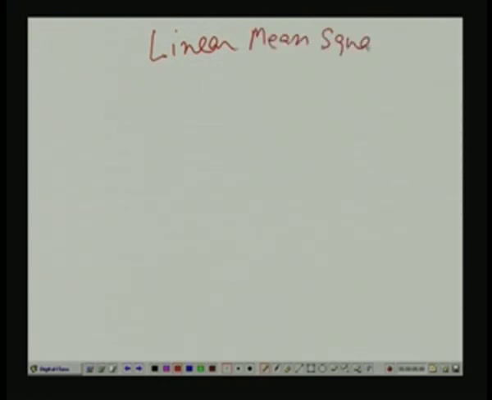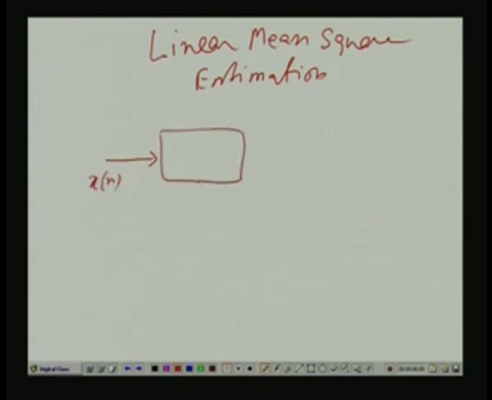Here for simplicity, I will consider only the real valued signal case, and then I will give you the result for the complex valued case, but I will not derive them. Here again I will be considering only FIR filtering, not IIR, because that is more complicated. Here you have a random process Xn, and you want to design an FIR filter, the so-called optimal filter, maybe